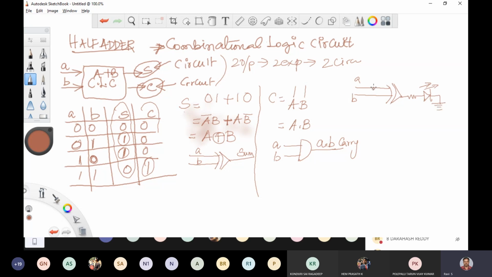Then taking variable A, variable B, passing to one AND logic gate. The AND output is connected to a resistor and LED, whose cathode is grounded. So this is the circuit called half adder. This circuit performs A plus B and gives you sum and carry. So this display is C.